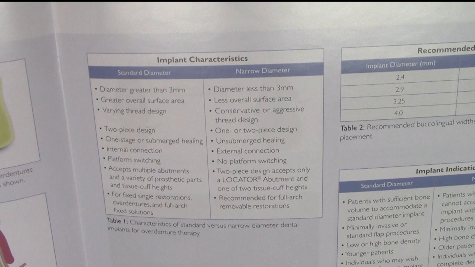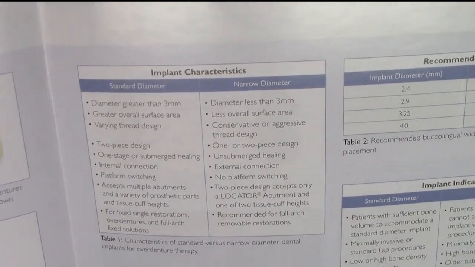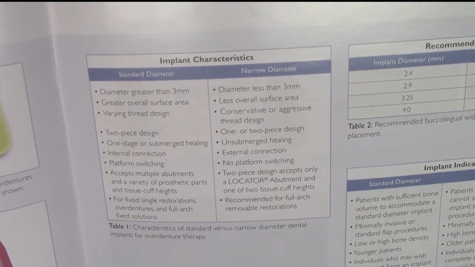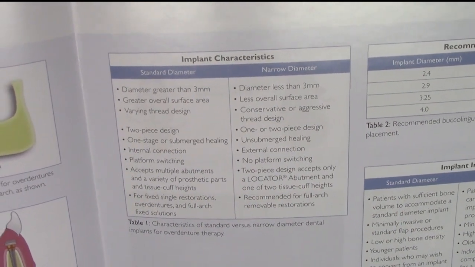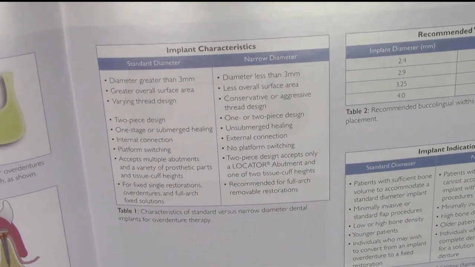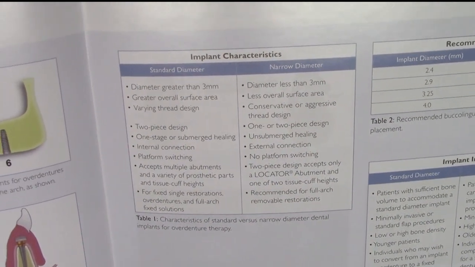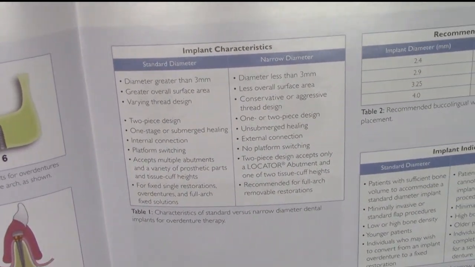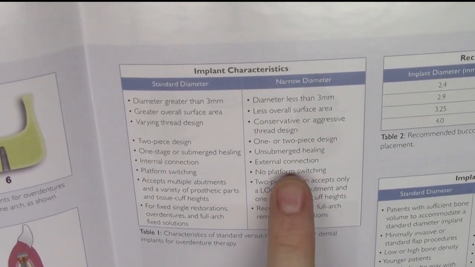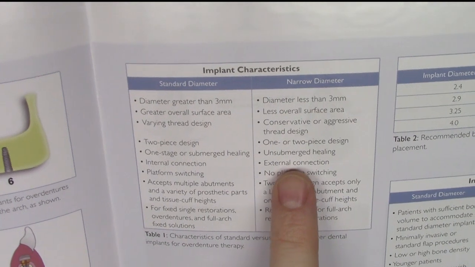The varying thread design just depends upon the different implant companies, where typically narrow diameter implants have a much more aggressive thread design. And then also typically the standard diameter implant is a two-piece, where a narrow diameter implant can be one or two pieces. Some definitive factors between standard and narrow diameter implants is most narrow diameter implants use an unsubmerged healing and also